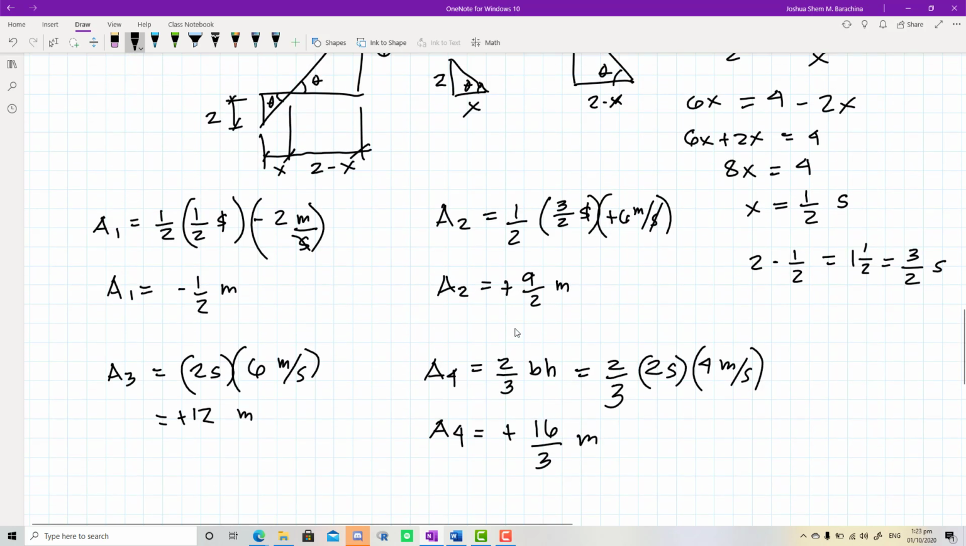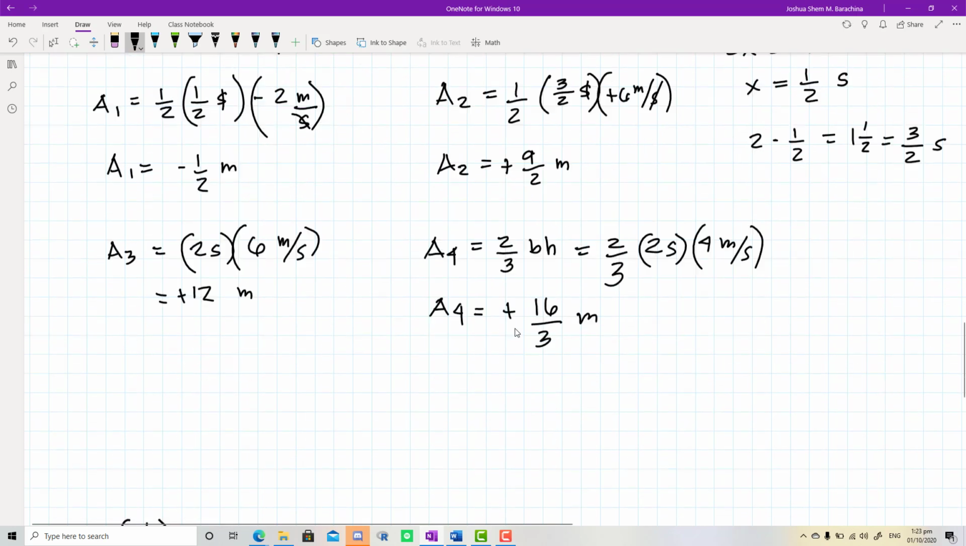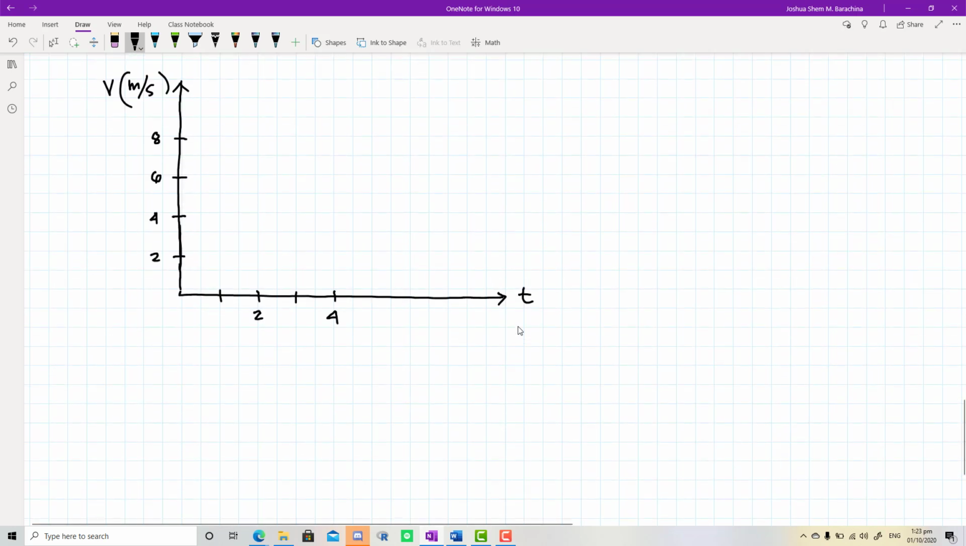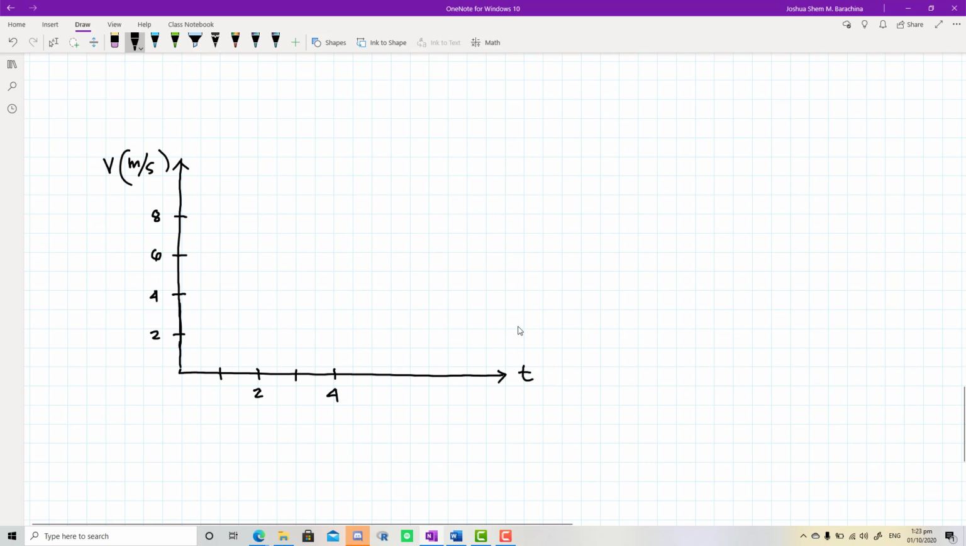We are now ready to plot the acceleration curve. This is acceleration. I think we need to